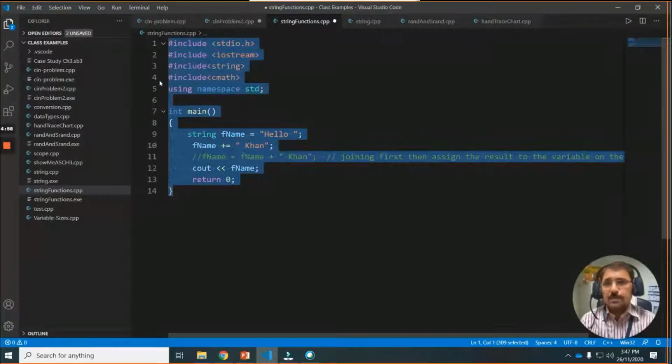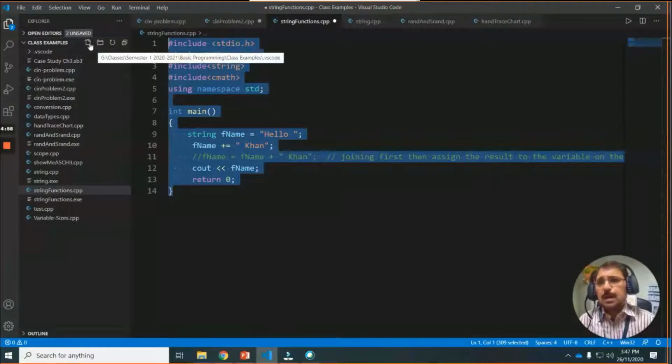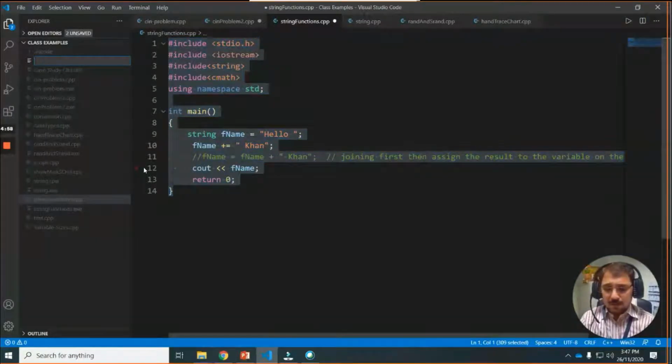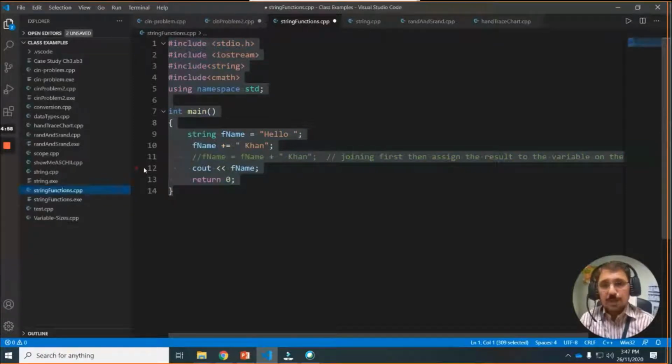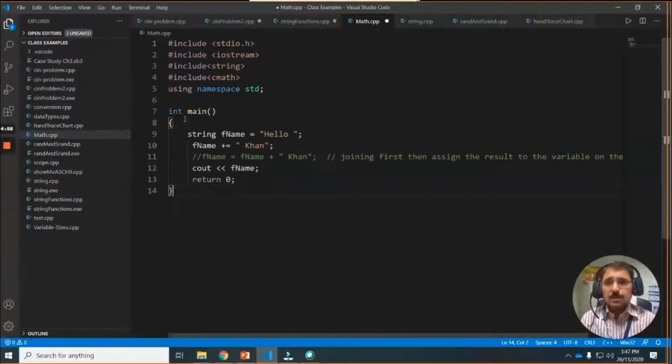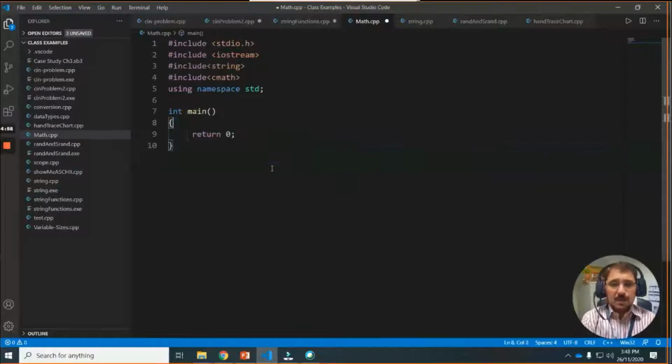I will just copy this and make another file, math dot cpp. Save this one.